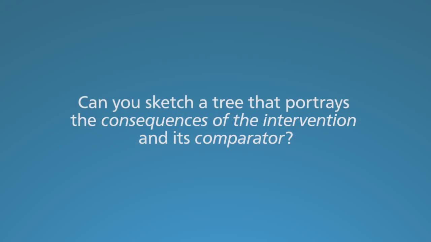Finally, most challenging, sketch out a decision tree. What's the choice? What are some of the key consequences? Once you map out a tree, you've really conceptualized the CEA and you're ready to dive into the details, collect data, make the tree functional, conduct analyses, and soon write up a report. One important warning though, the process is often iterative. Each step may lead to insights that require you to revise previous steps. It's part of the fun of this kind of analysis, but you may need to get used to a research process that does not proceed uniformly forward.